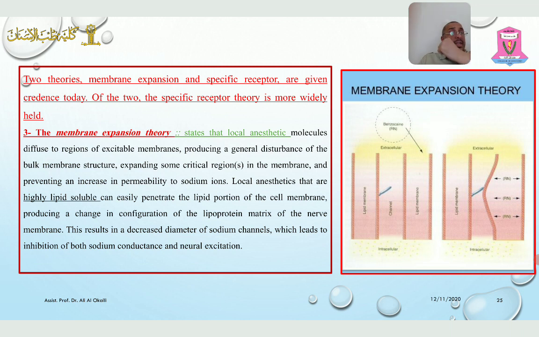This results in a decrease in the diameter of sodium channels, which leads to inhibition of both sodium conductance and neural excitation. إذن هاي النظرية إنه يقول لك local anesthesia حيسوي لنا تضيق بالchannels regions المختصة بدخول الصوديوم ايونز، فلذلك بهالحالة ما حيصير عندنا عبور للصوديوم ايونز وبالتالي يصير عندنا inhibition of transmission